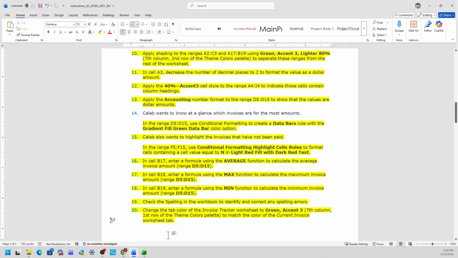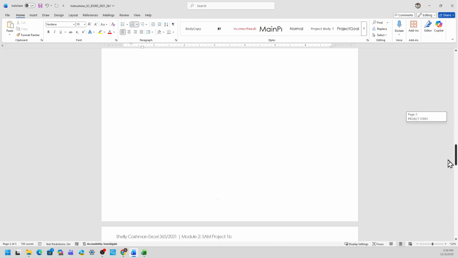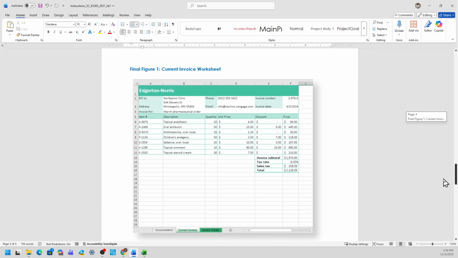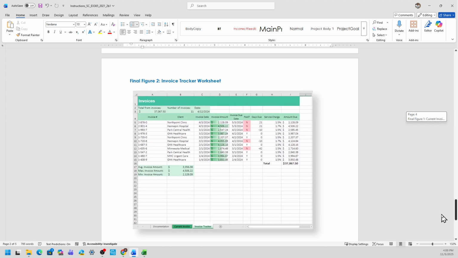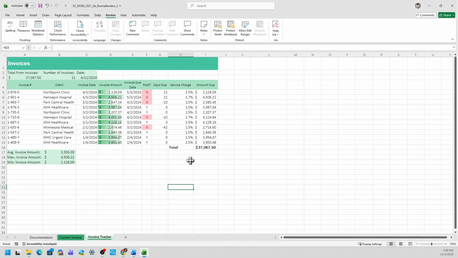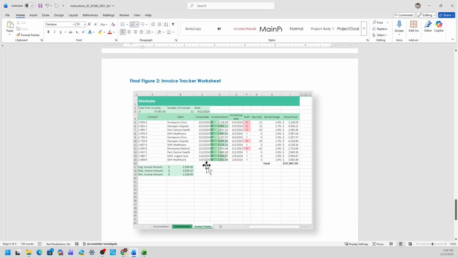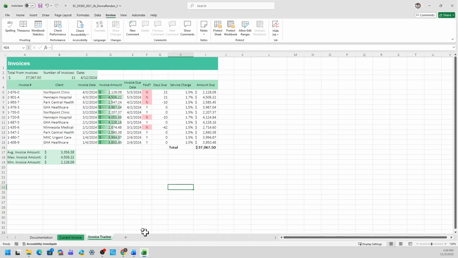I believe that's the end of it, and then just make sure that you compare it to the figure 1 for current invoice worksheet, and then the figure 2 for the invoice tracker worksheet. Okay, so let us see. Okay, it looks the same. Okay, so let me see here, 3356, 4506, and 2128.